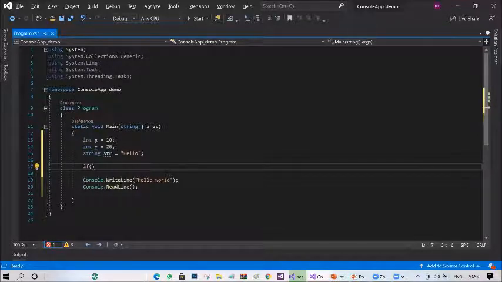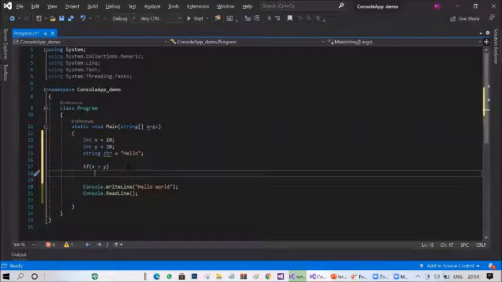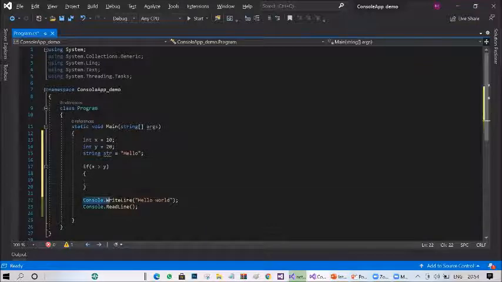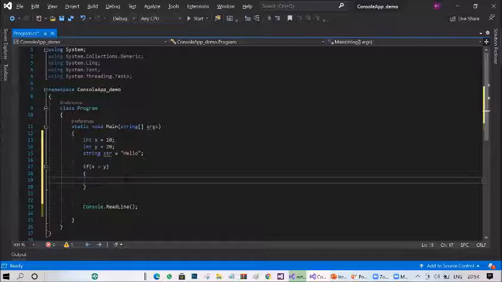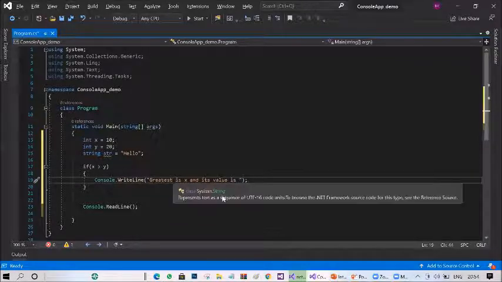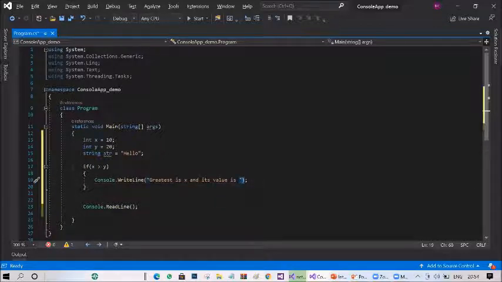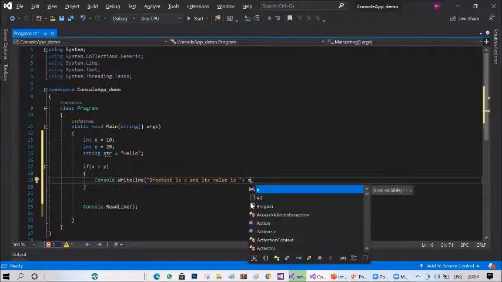So the syntax is: if, within brackets, we give the expression x greater than y, then Console.WriteLine; we will cut this one and tell that: the greatest is x and its value is, plus x.